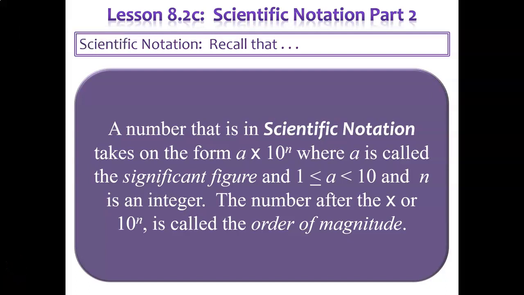You should be on page 47 of your notes. What's in the top box? Let's read that together. A number that is in scientific notation takes on the form of a times 10 to the n power, where a is called the significant figure and is greater than 1 but less than 10, and n is an integer. The number after the times sign, or 10 to the nth, is called the order of magnitude. So the two important things to pull out of this paragraph is